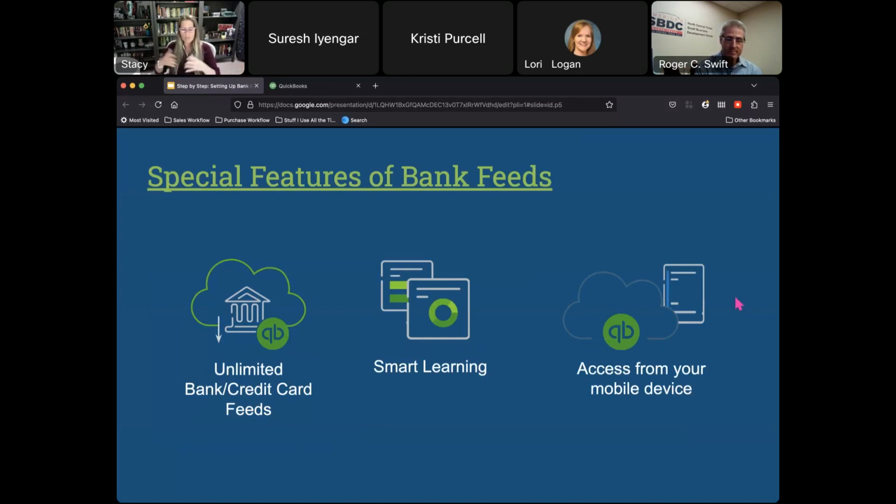And then QBO Bank Feeds also have something that's referred to as smart learning. Smart learning is basically if QBO sees something come through from your bank or your credit card that says something like Staples, it has the word Staples, and you create or you already have a vendor name that is called Staples or Office Max or Office Depot or whatever your local office supply company is. If you assign that expense to Office Depot or whatever,